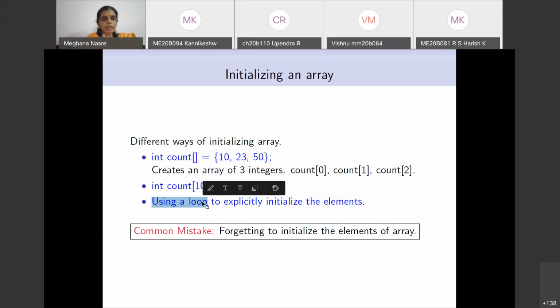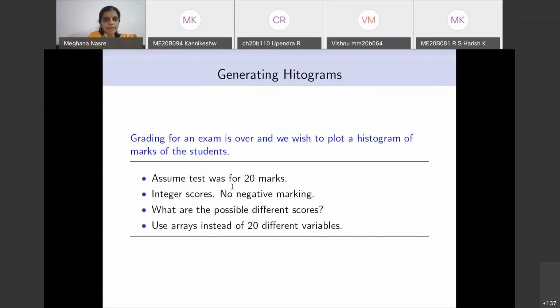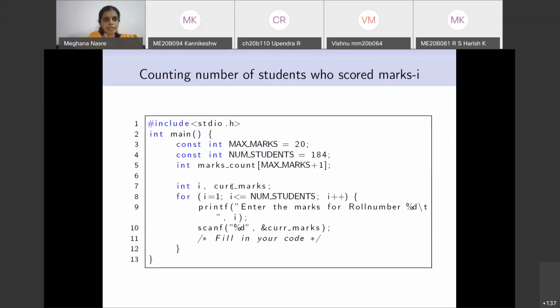Right? So we should not rely on these things that, okay, implicitly it is going to get initialized. I'm just mentioning that this happens if you write an initialization, because this is a natural question. If I have an array with 10 elements and I just initialize 5 of them, what happens to the remaining ones with an initialization like this? That is why I mentioned this. It is one of the things that typical textbooks will mention. So for completeness, I mentioned it, but the good programming practice would be just to use a loop and initialize it, assuming that it is a large sized array.